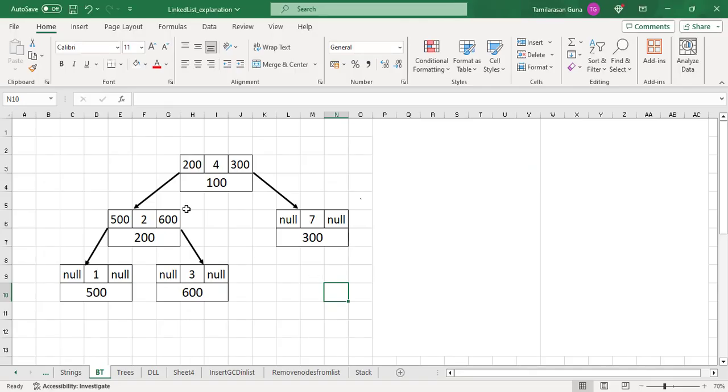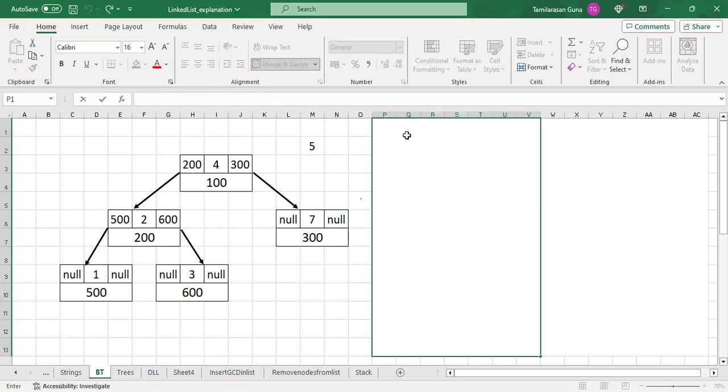So here they have given a binary search tree. I have to insert a value 5 in the binary search tree. Okay. Here we have to follow the rule that the left subtree should be smaller than the root and the right subtree should be greater than the root. Okay. So before checking that, we have to check the base condition first. So the base condition is, if the root is equal to null,